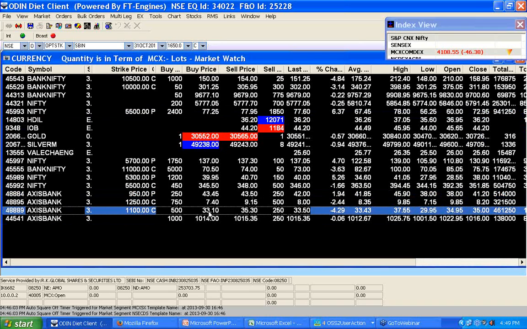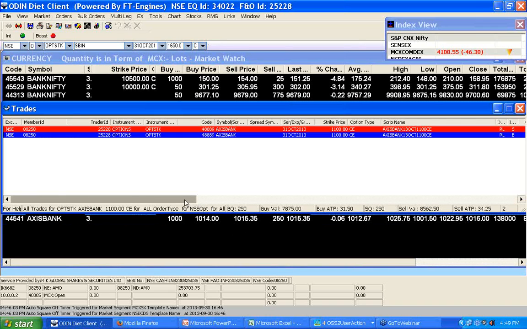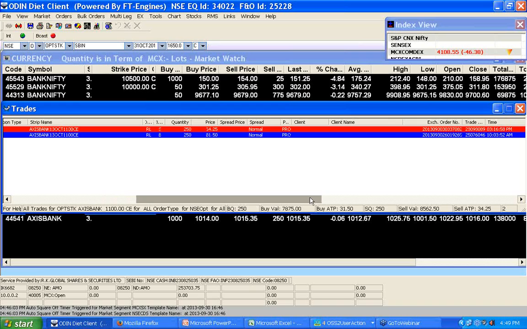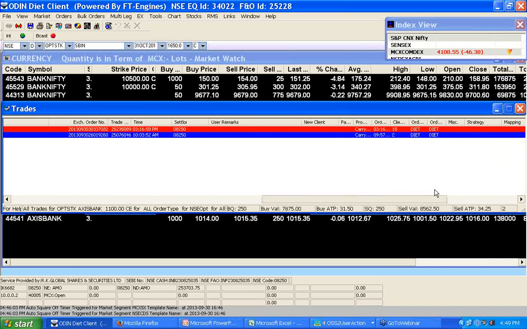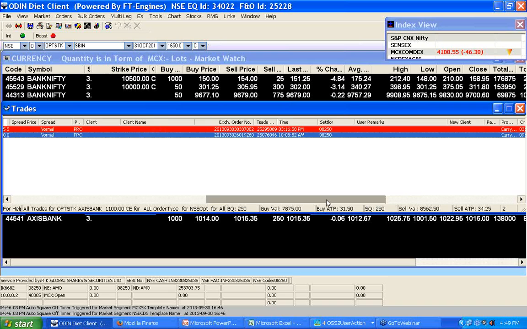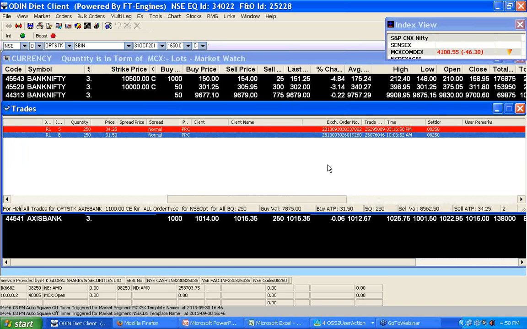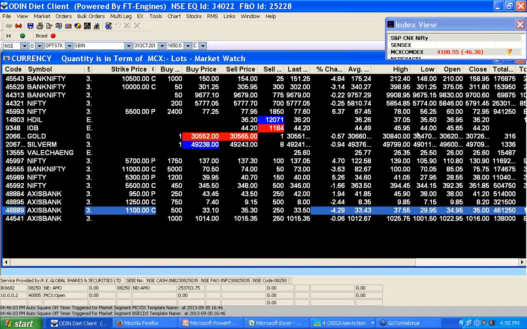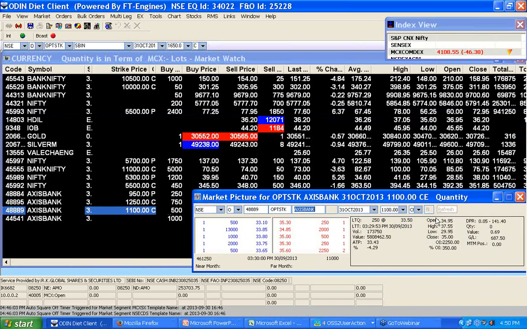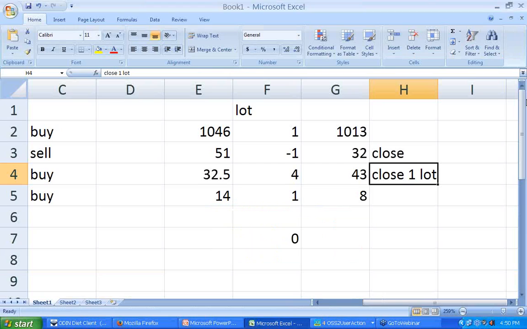Same way this one also, let me see this one. This one also 31.50, 34.25. So I have the 957 sold call option, I bought it back, and at 316 I again sold it back. By this process, this has given me an intraday gain of 687,